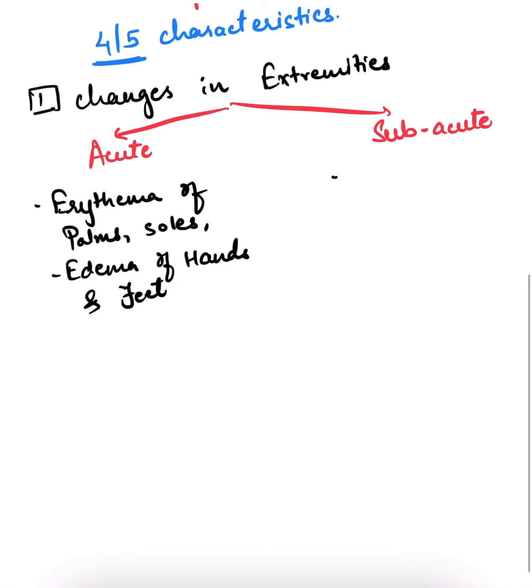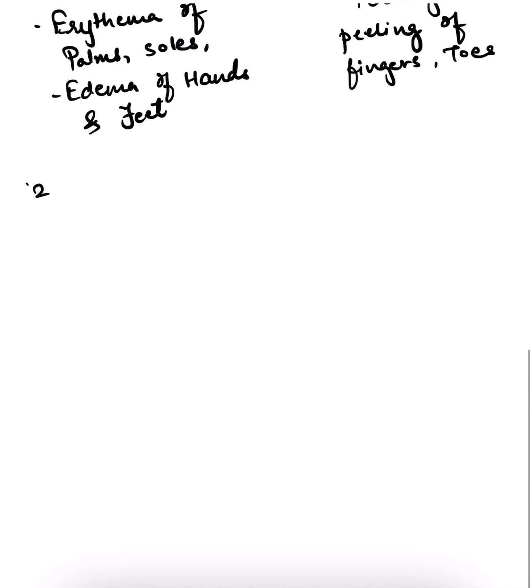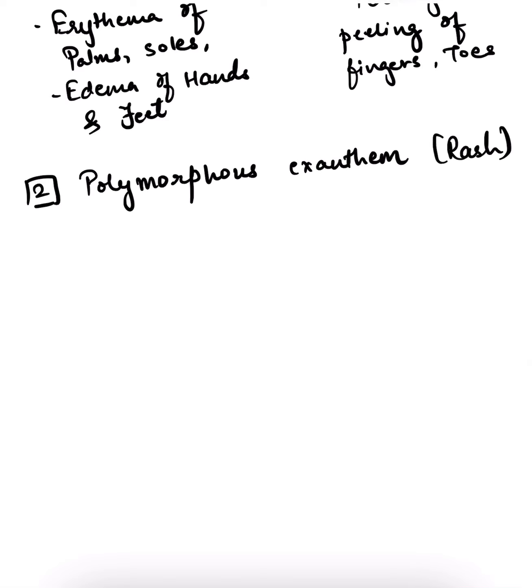In the subacute phase, you can see periungual peeling of the fingers and toes, desquamation, which is a very common word used in this disease. The second change is the polymorphous exanthem, the polymorphous rash, which is the characteristic rash. The third is